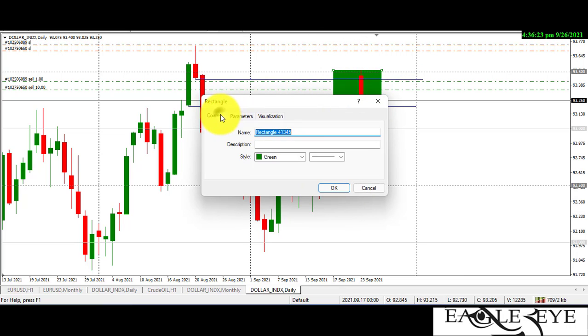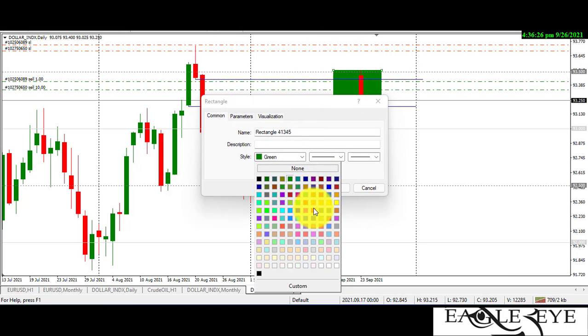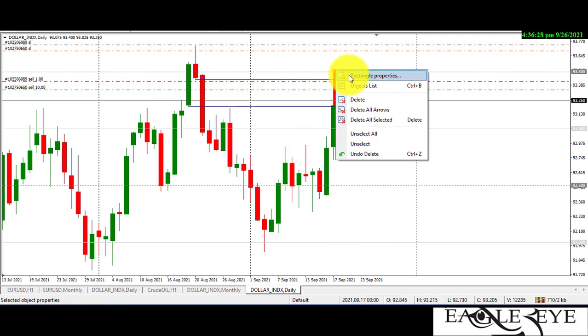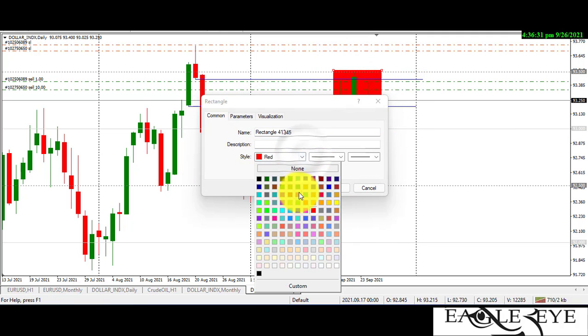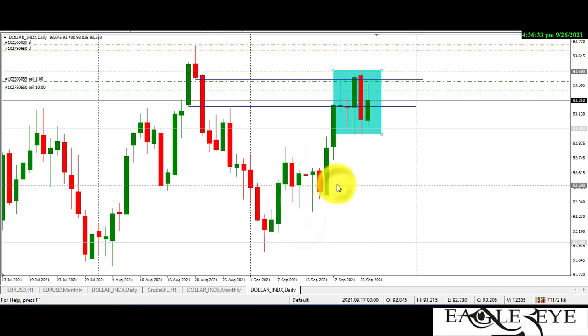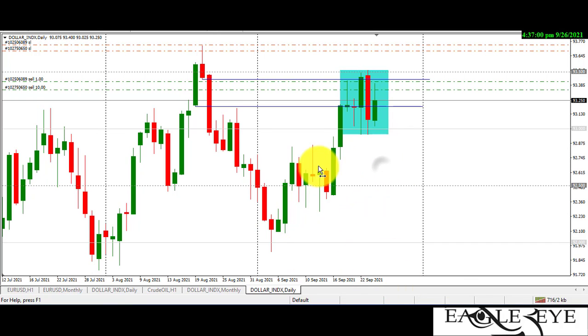So I'm still bearish on the dollar index. I'm expecting some bearishness on the dollar index for the coming week. Still for the coming week I'm expecting some drop in the dollar index. I would have to wait for confirmation on that on the lower time frames. Then we just apply the reverse for the euro.